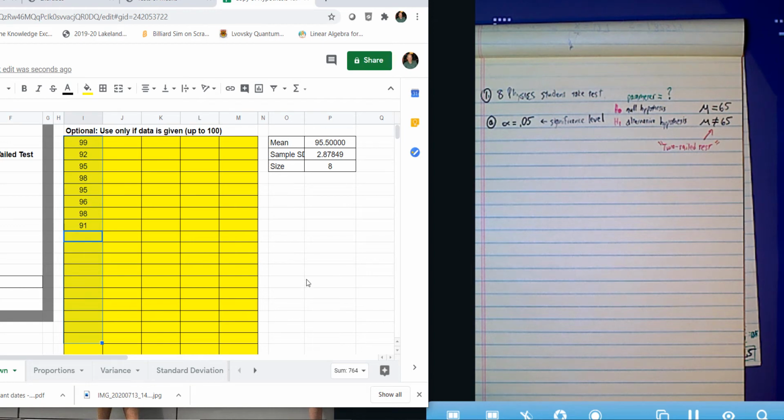You may start to question my honesty. You might say, no, there's no way that you randomly picked 8 students. Maybe you picked the best students on purpose. Or maybe we reject the null hypothesis. Maybe we don't think the mean is actually 65. Maybe this test was easier than what you're saying. So that's the idea behind